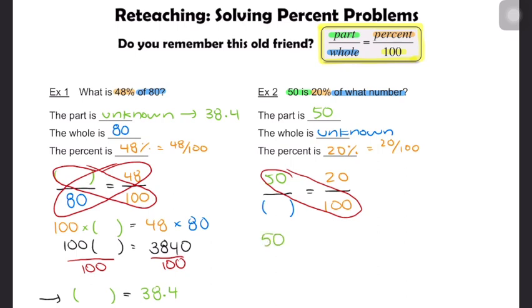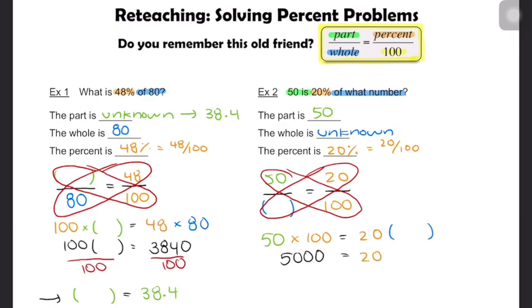So 50 times 100 is equal to the other cross multiplication, 20 times the blank, right? And we want to figure out what is in that blank so we can know what our whole is. So 50 times 100 is going to be 5,000, I'm sorry. Right? So we have 5,000 is equal to